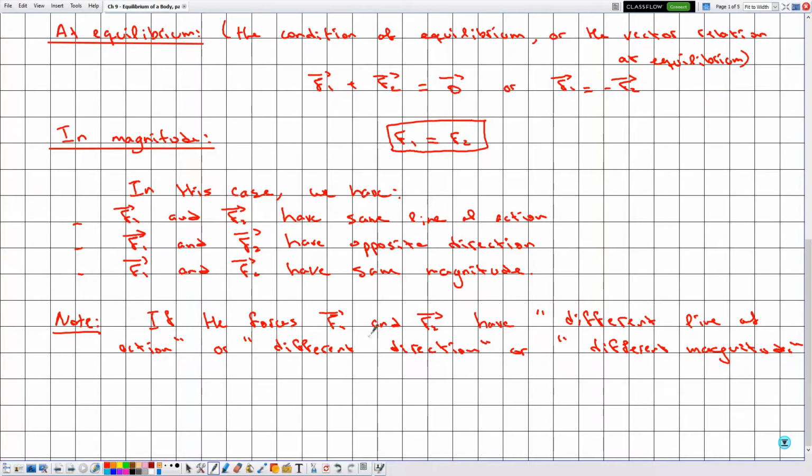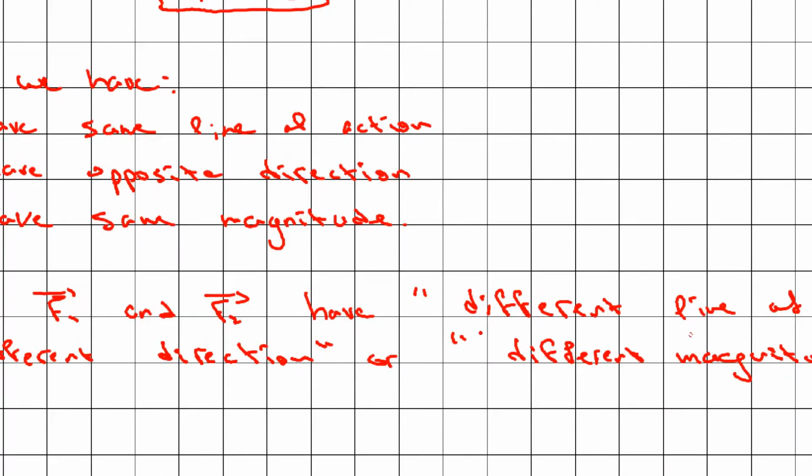So in the case where F1 and F2 don't have the same line of action,